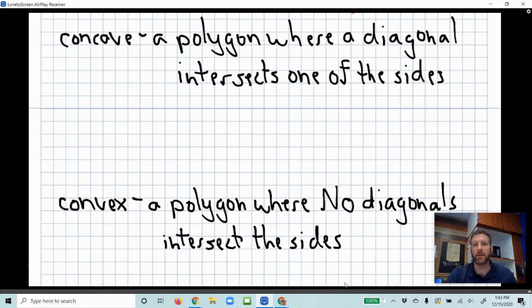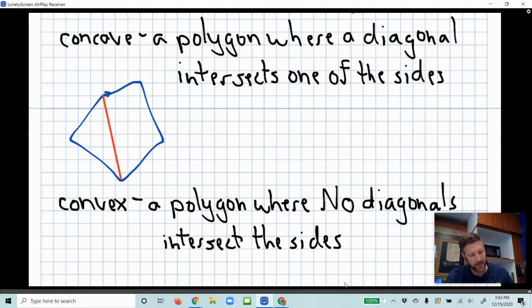Okay, so now we need to compare convex versus concave polygons. A concave polygon is a polygon where a diagonal intersects one of the sides. At first that might sound confusing, but let's go ahead and illustrate it. So say I have a polygon that looks something like this. It's irregular. It's not all congruent sides and angles. It is closed. And when we say a diagonal, what we mean is if I were to take any vertex and connect it to any other vertex, am I intersecting one of the sides? No. I can go from corner to corner in all these cases, and I'm not intersecting any of the sides. So this would not be